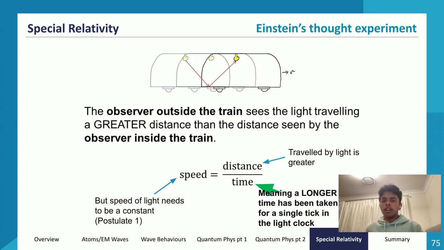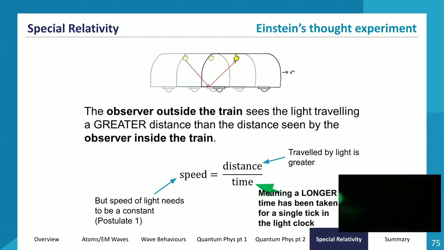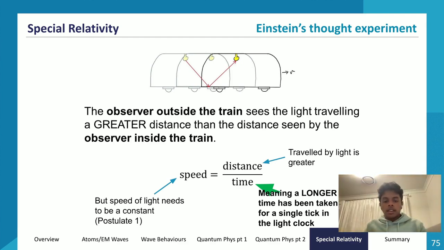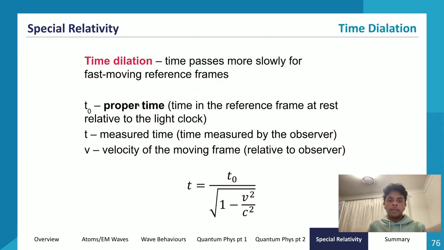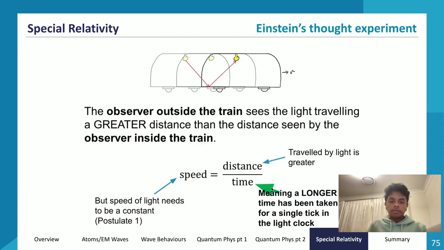So what does that mean for us? Well, it means that this thought experiment just cannot be the case, right? So what we now have is a process called time dilation. So let's try and rectify this. Einstein said that the speed of light always stays constant, but if we go through what we observed, it would say that the speed of light would be greater for someone outside the train compared to someone inside the train. But we know that the speed of light needs to be a constant following Einstein's first postulate.